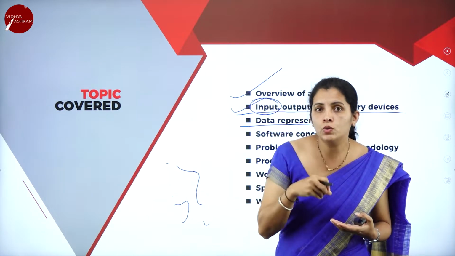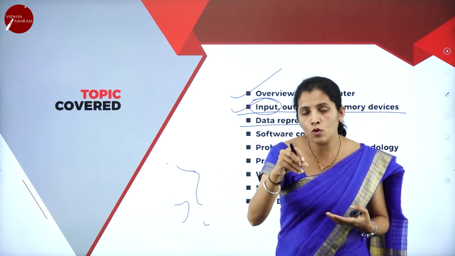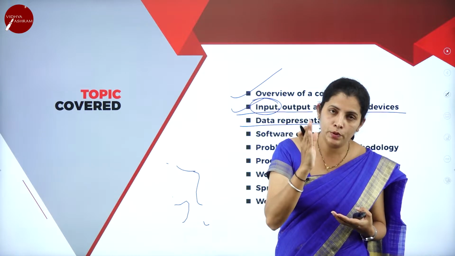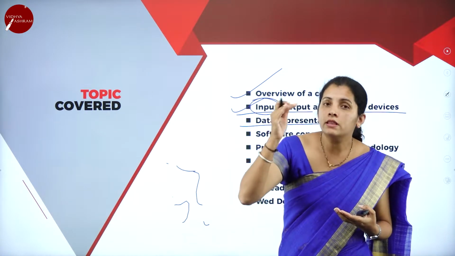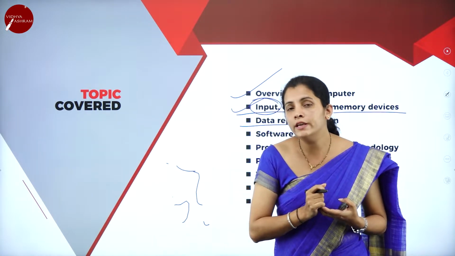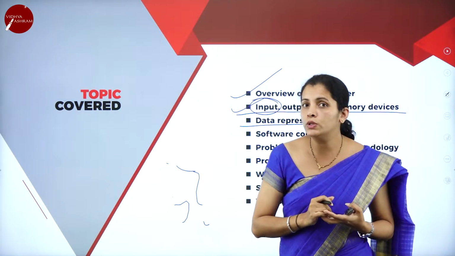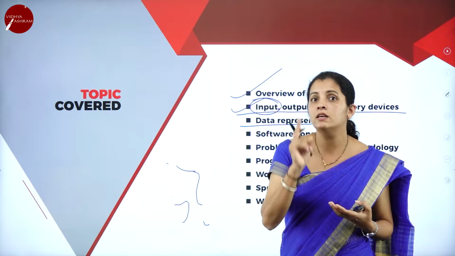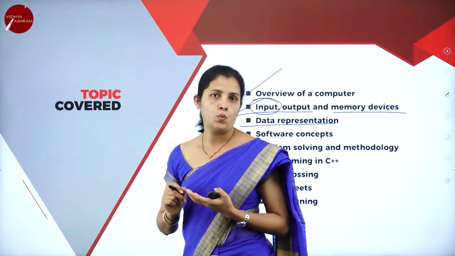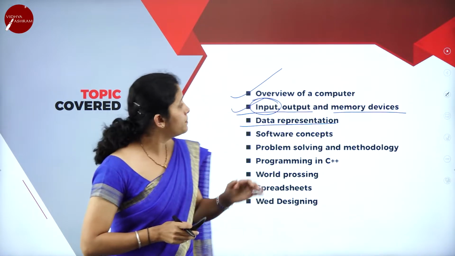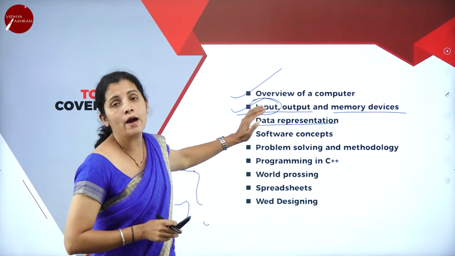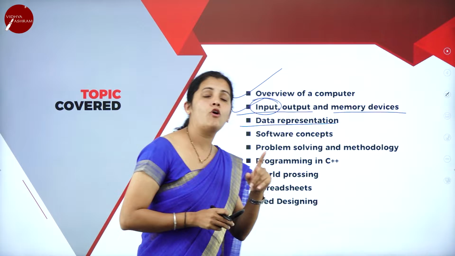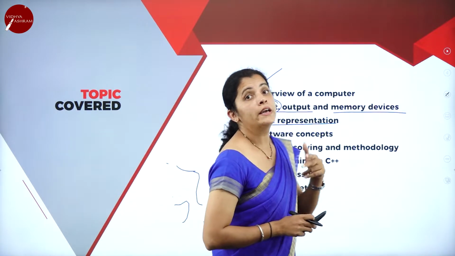So what do we want to do? We want to write the program, or we want to give the instruction to the computer system. So whatever instruction we give is converted into the form of binary. Here binary is nothing but 0 as well as 1. So in data representation, we are going to have binary data representation, decimal data representation, octal data representation, hexadecimal